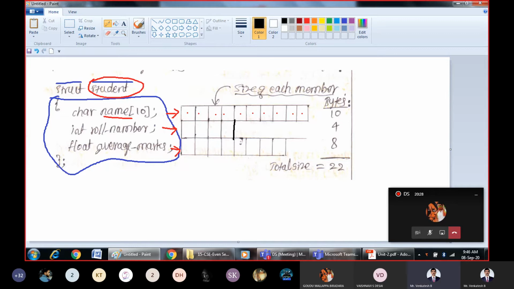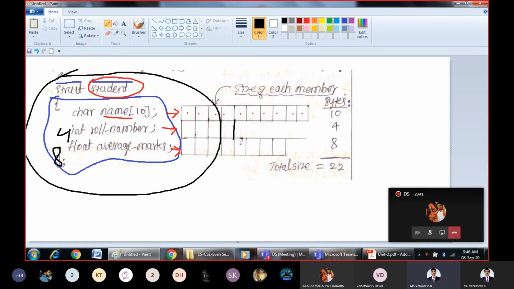These are the 4 blocks which are reserved for the integer. Similarly, 8 locations or 8 bytes for the floating point. So if you assume an integer will take 4 bytes and a floating point number will take 8 bytes, then these are the locations which are reserved. Then what is the memory taken by this entire structure?